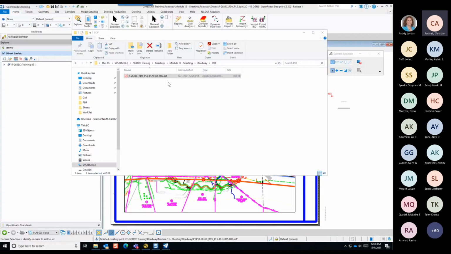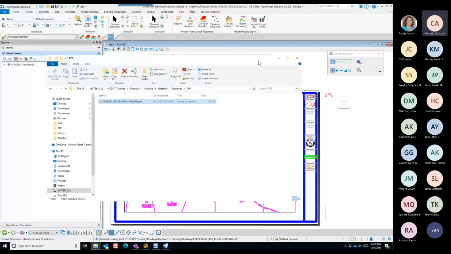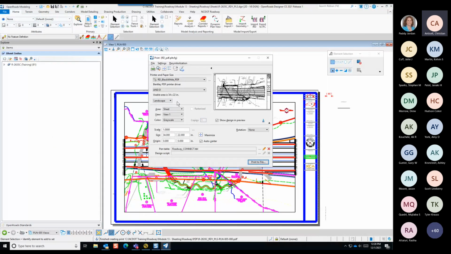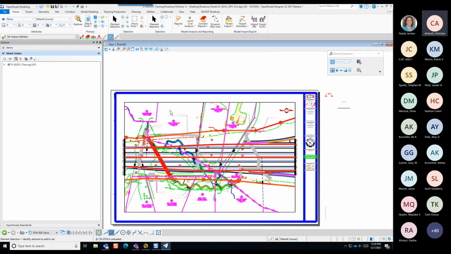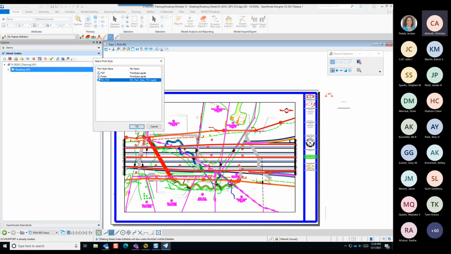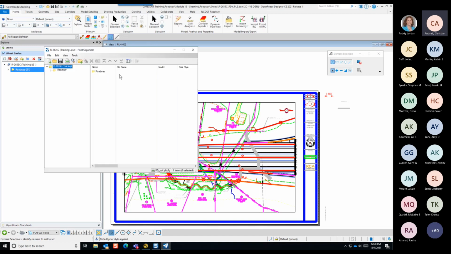Okay, so I have these now. Now we can, I guess, individually create a PDF, and that's how the pen table was associated with it. But if you have a whole bunch of these, I would just use Print Organizer. So I can highlight that, go to here, and then Print Organizer here, or the PDF. That will set up the right print style. So right here,